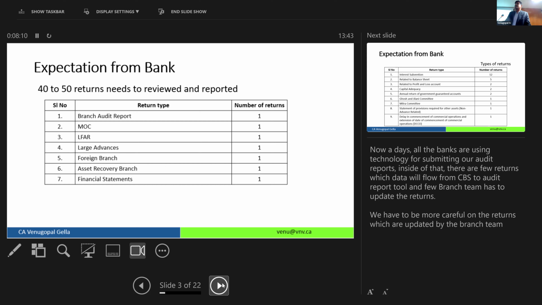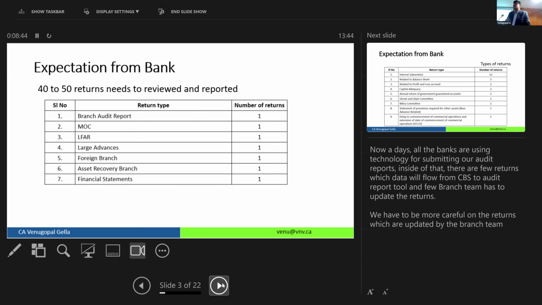I'm not sure if there are any banks where the workings are still offline, but at least 70–80% of the banks have the audit completely online. Maybe 10 years back, if I was speaking on the bank branch audit, as part of the checklist, we used to say carry stationery, carry letterhead, carry round seal. Because you're going into different places, we used to have all this checklist. Now nothing. On day one you go, digital signature you give. That is the first thing.